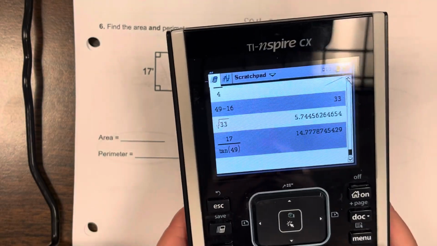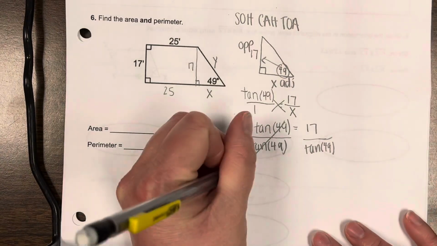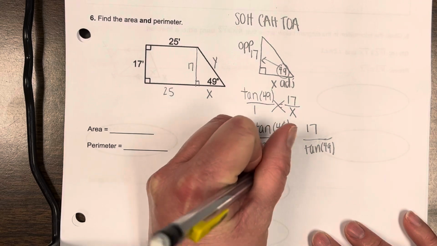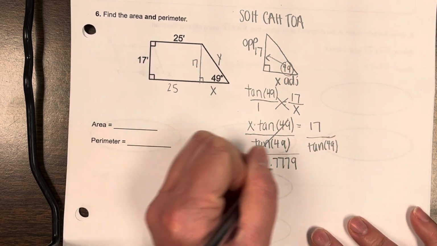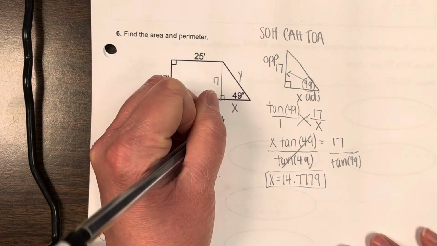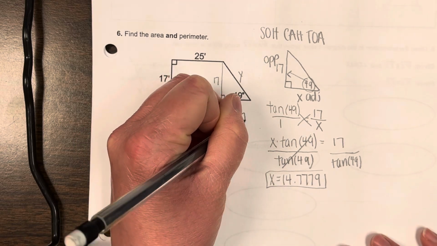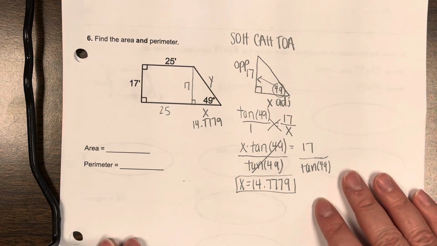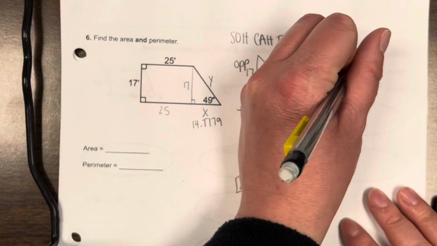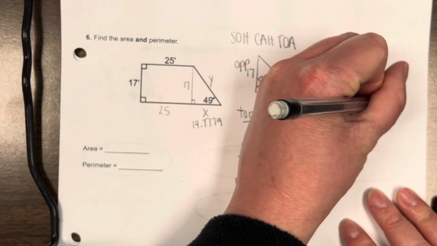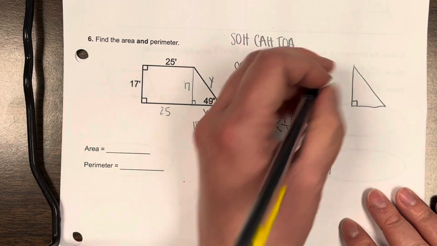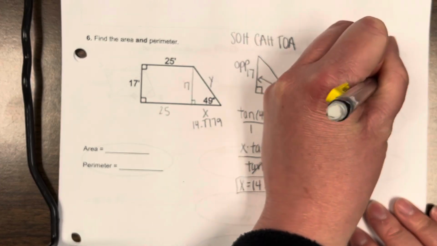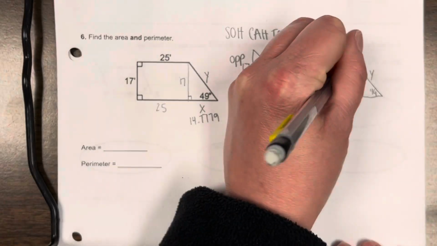So I get 14.7779. So I'm going out 4 decimal places. 14.7779. So that's X. So I need that here. And you can find y in two different ways. I'm going to use trig again, but you could technically also use Pythagorean theorem since you have two of the sides now. So 49, looking for y, and I'm just going to use 17 again